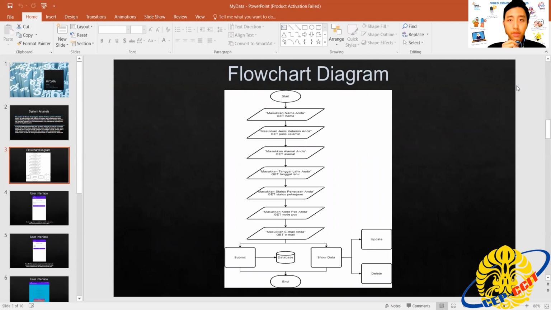And this is the flowchart diagram we use. After the users log in with the username and password, it will start, and it will get the names from the users, get the genders, get the address, birth date, job status, postcode, and email.